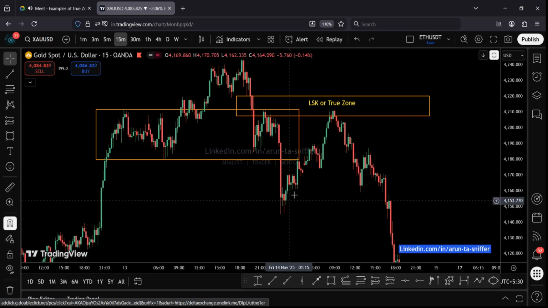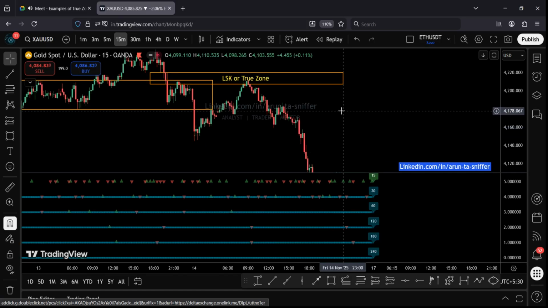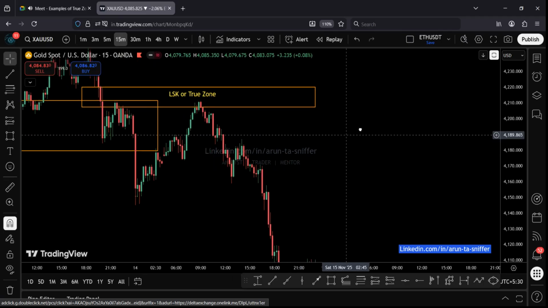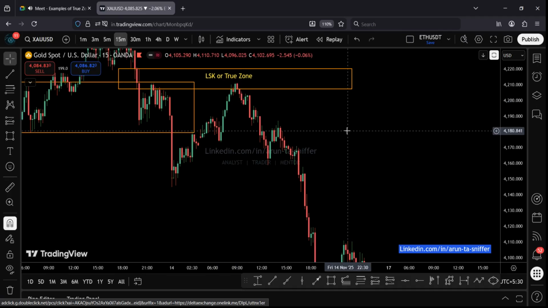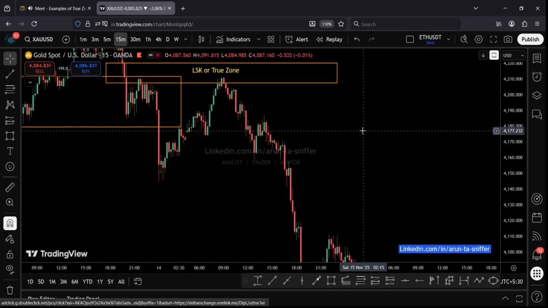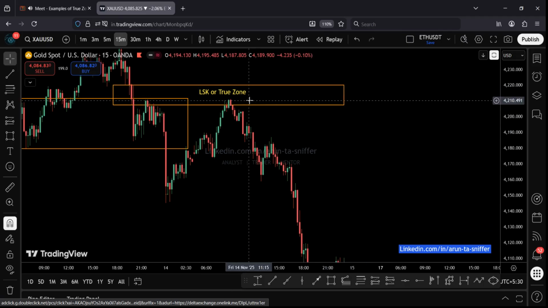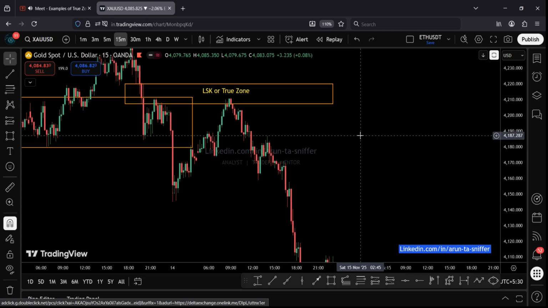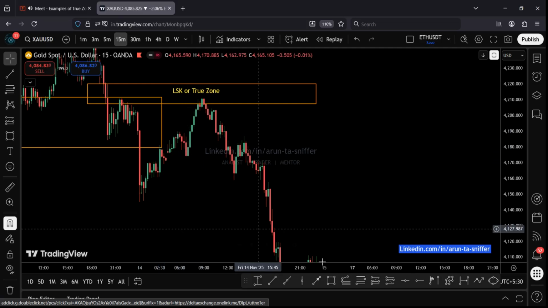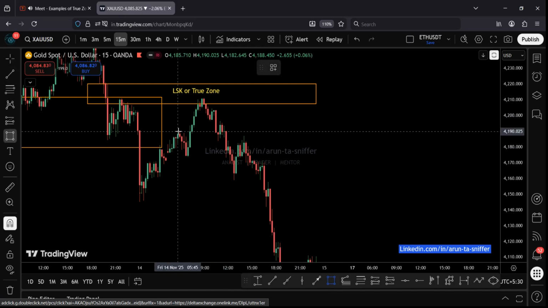So when price goes back to here, okay, goes back to here, and hitting the true zone, then what we will do, we will see this structure here. Yes, it's QM. This is the QA,